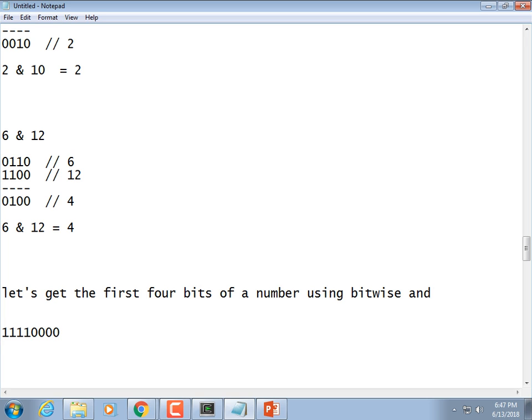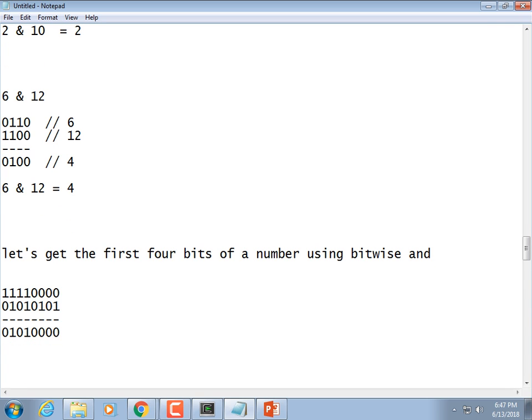So no matter what the number was, if we're going to figure out what it is, what's our result? 1 and a 0 is 0, 1, 0, 1. And then are the rest of them zeros? And the answer is yes. So we have figured out that the first 4 bits is that. What if we wanted to turn those into a number like between 1 and 15 or something? Because right now they're not between 1 and 15, right? They're much larger numbers. You could do a shift